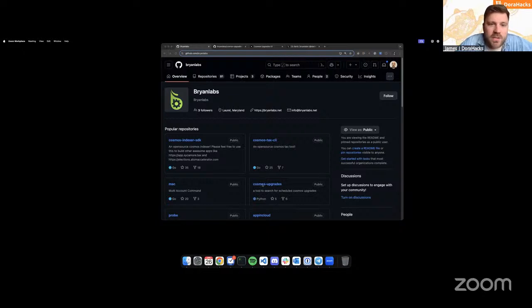This is a familiar face, but with a new project for us at the AEZ Quadratic grant. So Brian Labs, you may know from Warp CLI, but we've got a new project called Cosmos Upgrades. Sorry, hang on. Cosmos SDK, but yeah. I'm getting mixed up. We had another grantee also switch to a new project this round. I'll stop talking now. Hand over the floor to you, Dan.